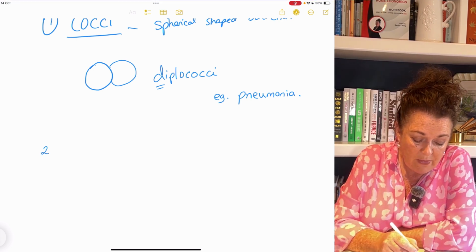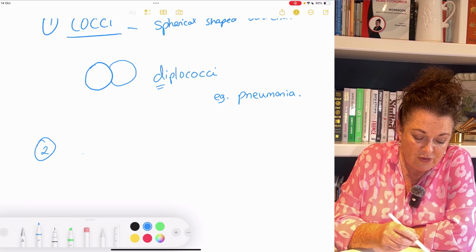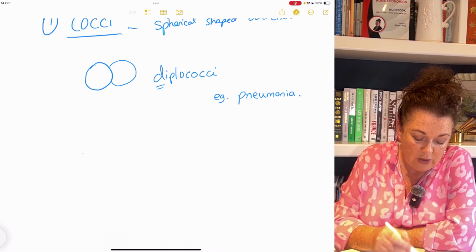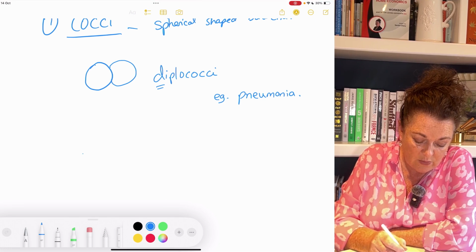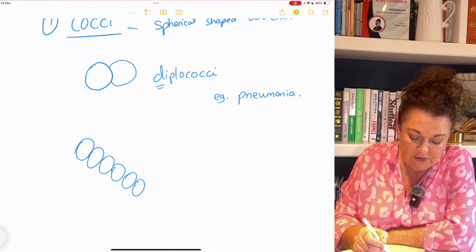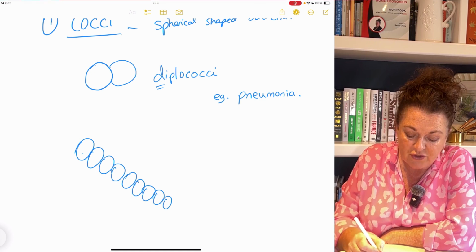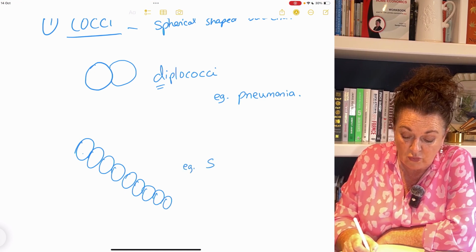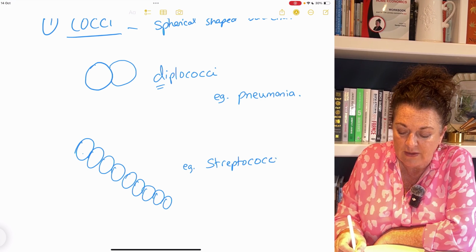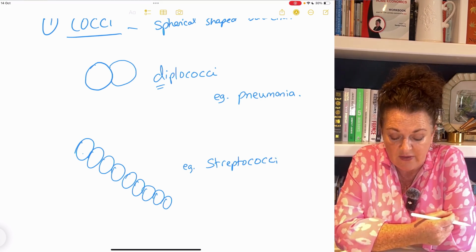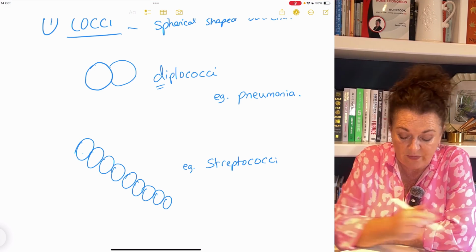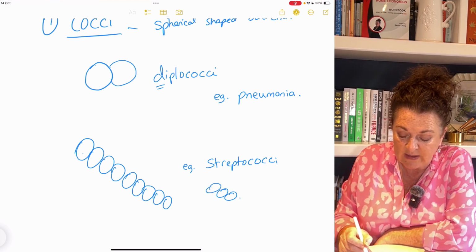So under a microscope, streptococci happen to look like a chain. You've heard of Strepsils, the throat lozenges. But if you had a strep throat and a swab was taken, the bacteria grown in a laboratory under a microscope would look like this, chains